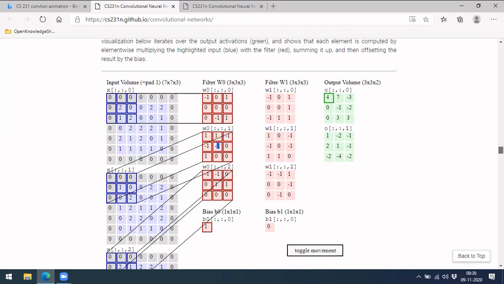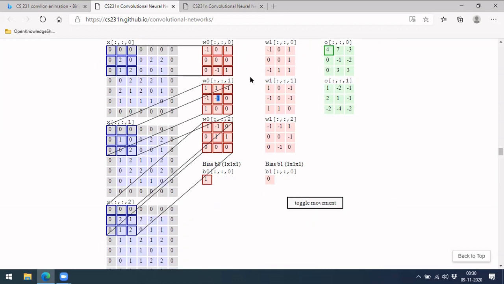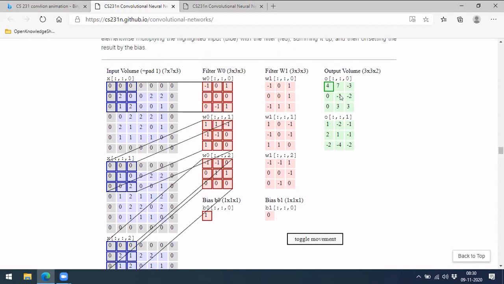Rolling down, here it is +1, here it is -1, and then 2 1, this is 3. So 1 minus 1 plus 3 will be 3. And to this 3 we are adding one bias, which is 4. So that 4 goes here.